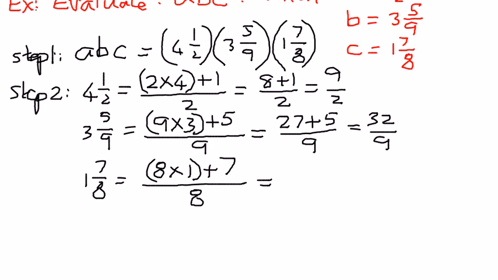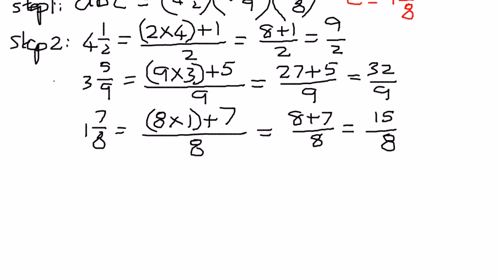So 8 times 1 is 8 plus 7 divided by 8. 8 plus 7 is going to be equal to 15 divided by 8. So now that we have converted the mixed numbers into improper fraction format, we are now ready to multiply